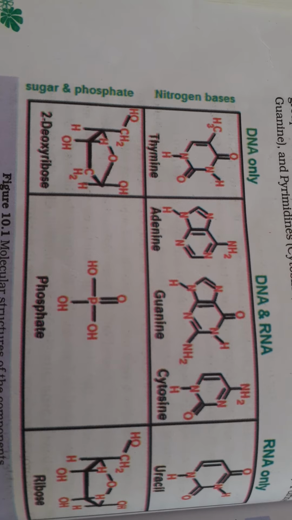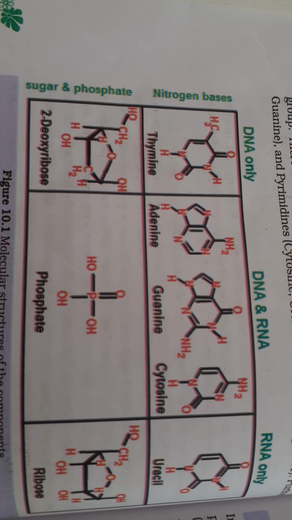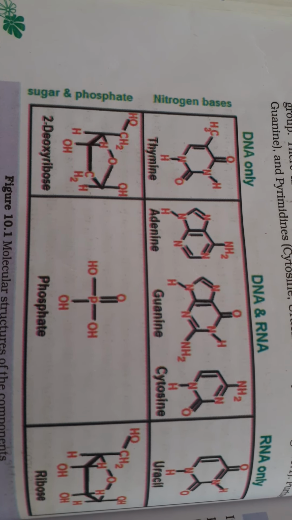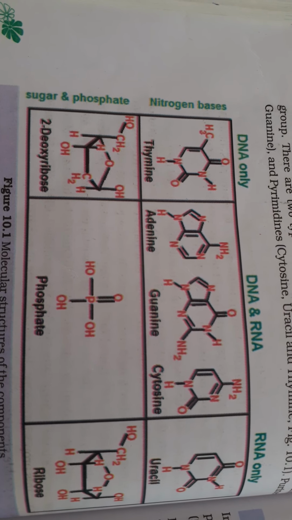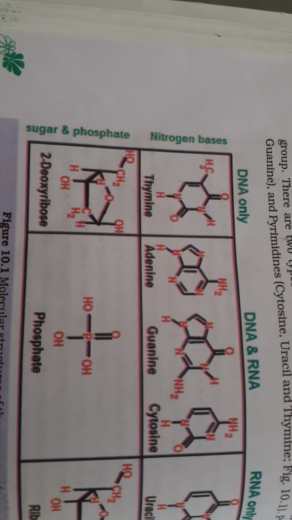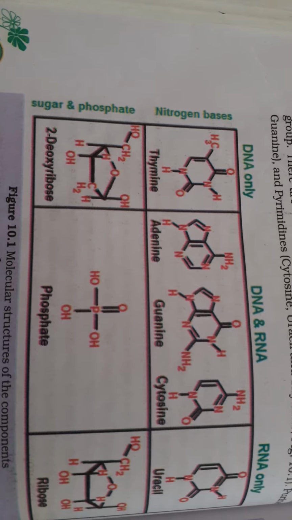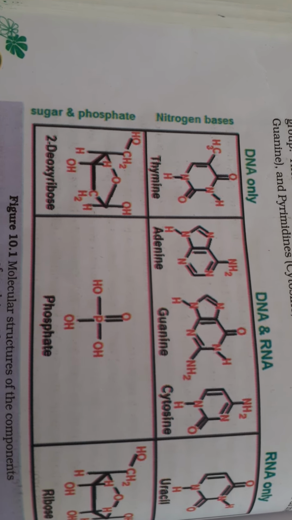Also we have seen the phosphate structure. The valency of the phosphate is 5. So you can see the 5 bonds with the OH group, 3 bonds and 1 is with the ketone group. Now let us study the structure of the sugar molecule which is present in the DNA.